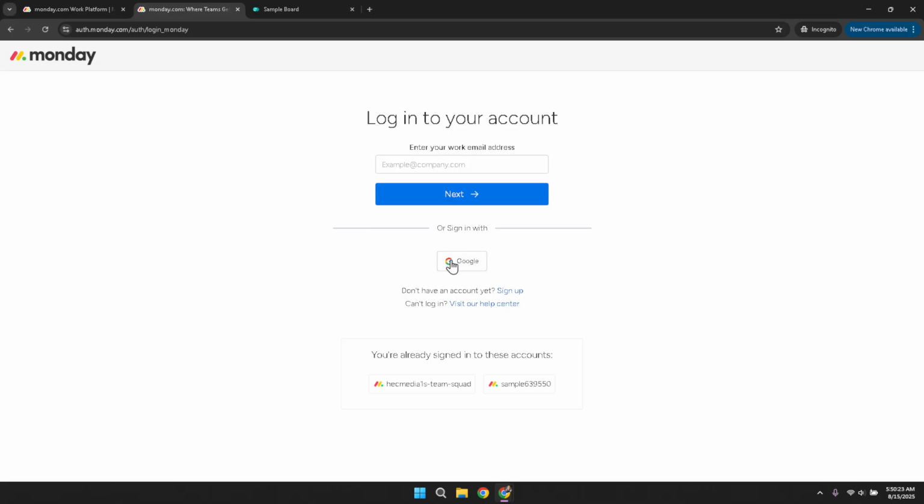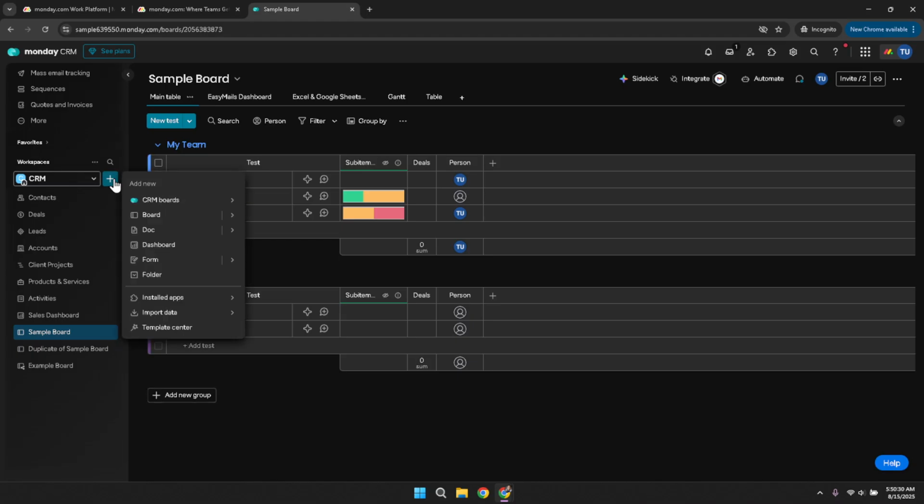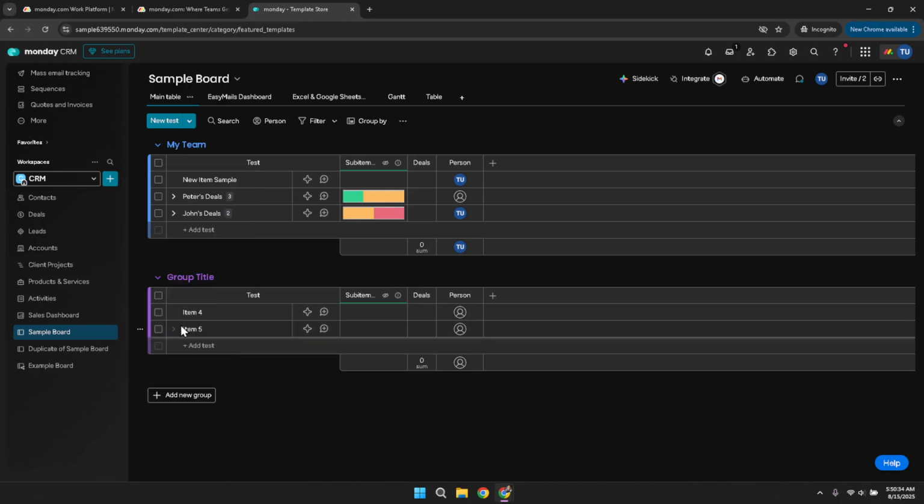Once you're logged in and on the main dashboard, look to the left panel for a plus icon. This is your gateway to adding a variety of templates that will be the backbone of your event planning. Click on this plus icon to reveal more options. Next, you'll want to find and click on the Template Center. This is where all the pre-designed templates are housed, so you can easily browse and select the one that best